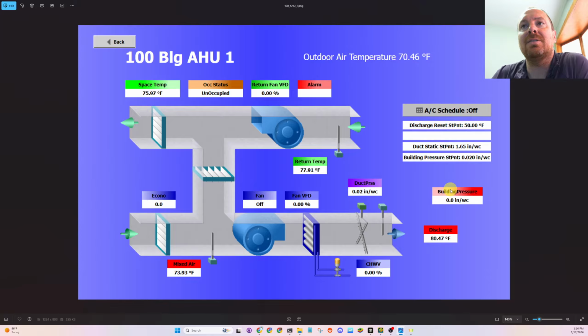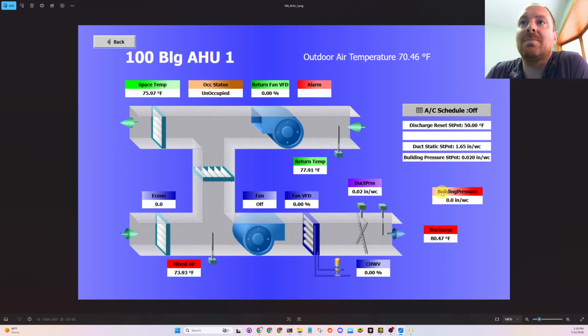There's a building pressure sensor, so that would be used in economizing free cooling season, where these dampers are open 100%, the 100% outside air right here, closed on here, and then the return fan turns into an exhaust fan. So we're pumping the building full of air, which would pressurize the building. And then there's a pressure set point. Building space pressure is a notorious sensor that never works right. And then sometimes there would be a variable fan or something in the building, or a relief damper somewhere